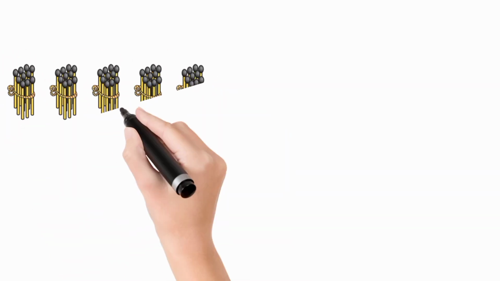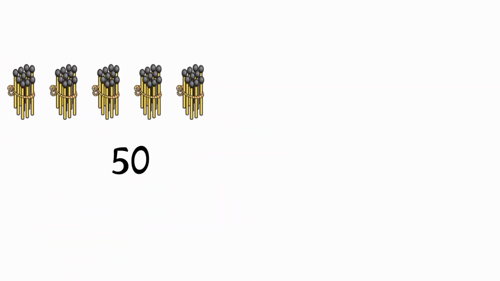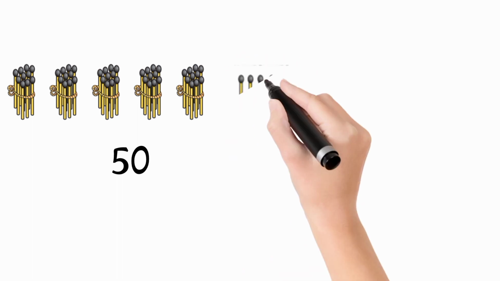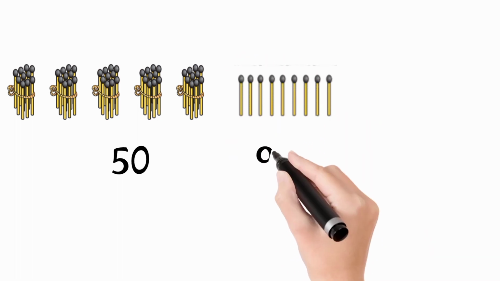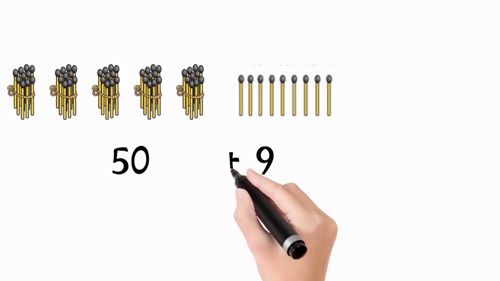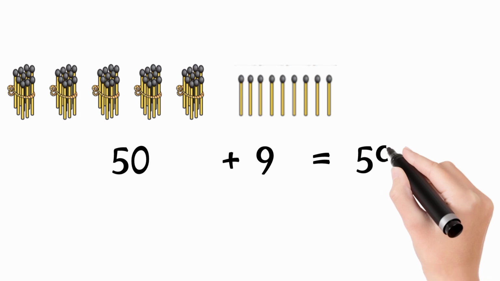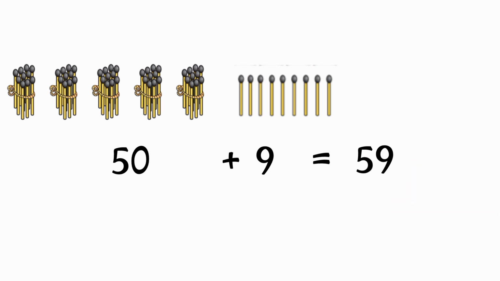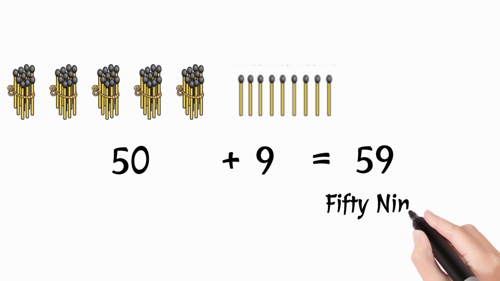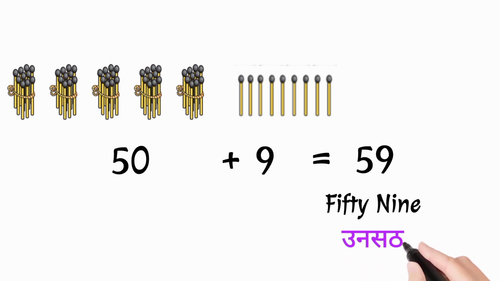Here we have 5 bundles means 50 and 9 loose matchsticks. So 50 plus 9 is equal to 59. 5 tens and 9 ones, 59. इसे 59 कहते हैं।